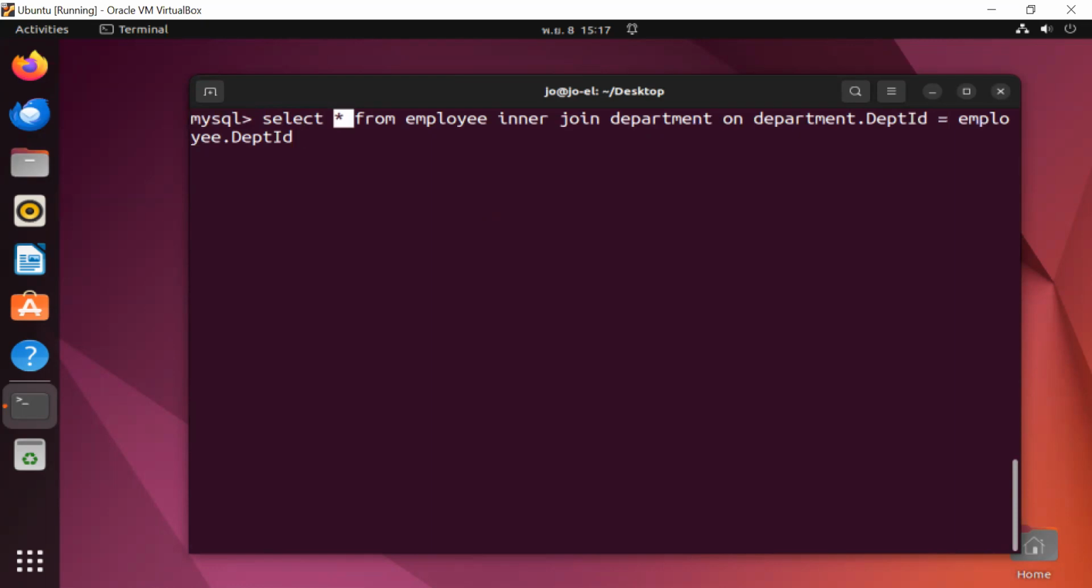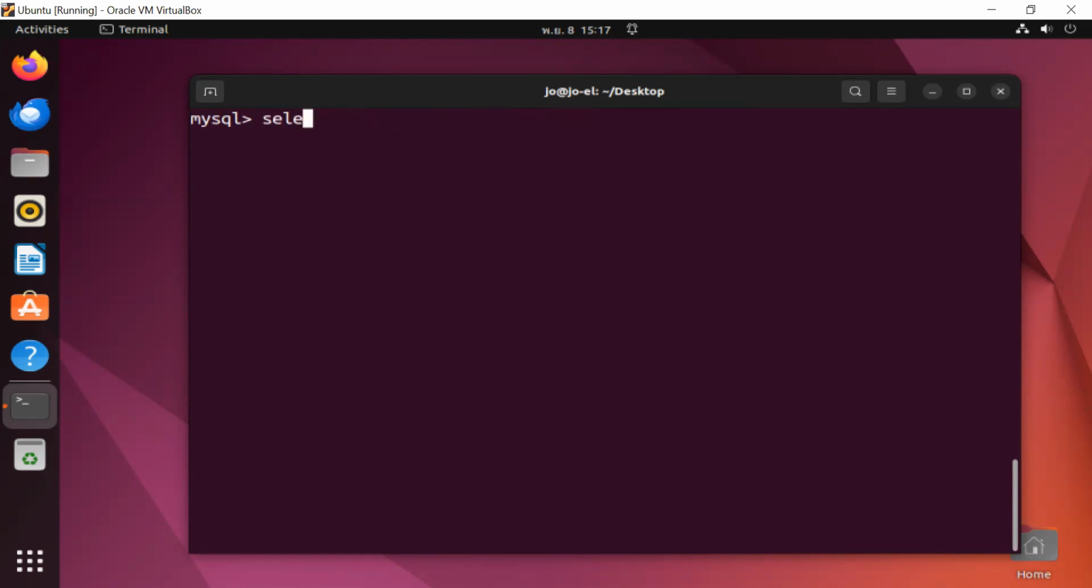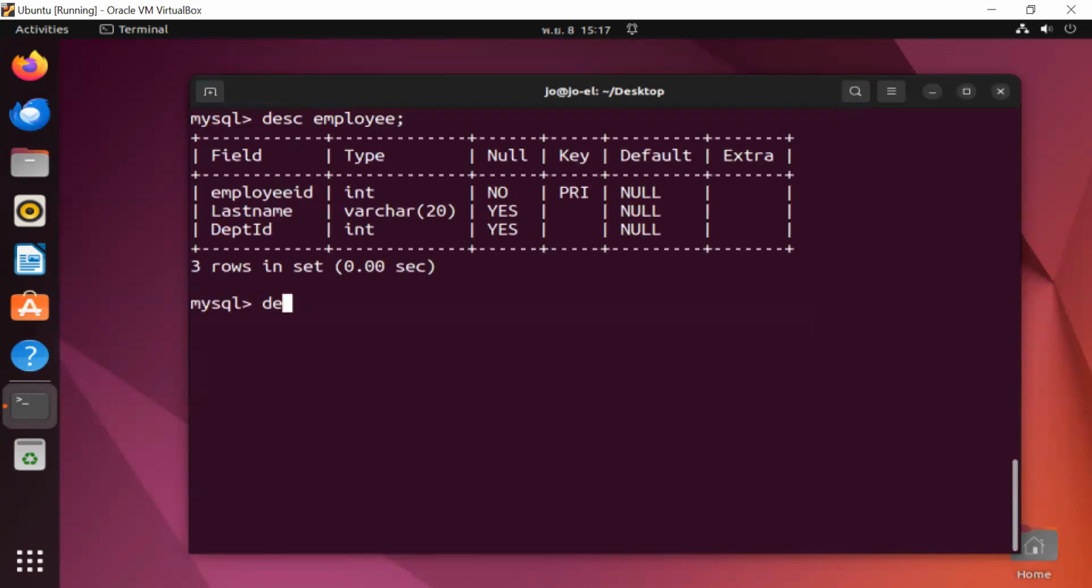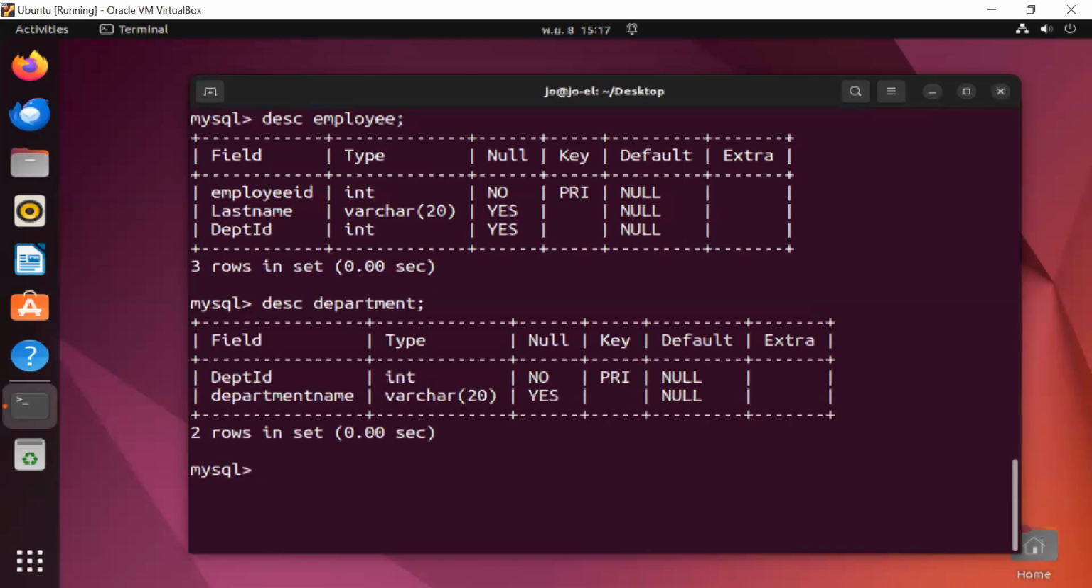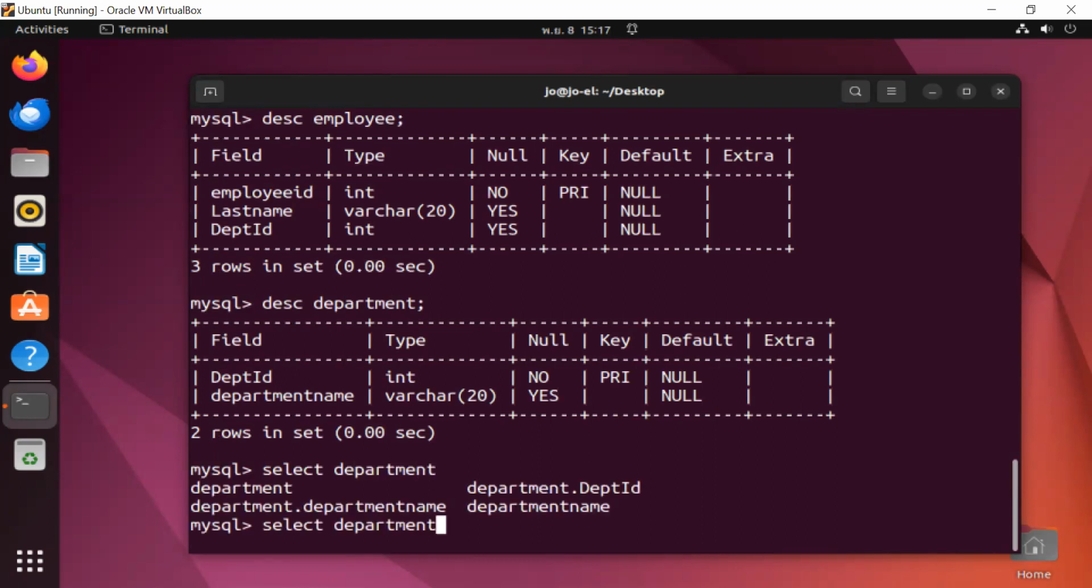All right, so like the previous class, what did we do? Describe employee. Describe department. Last time we did select department name, comma, last name. Was it last name? Yes, department name and last name